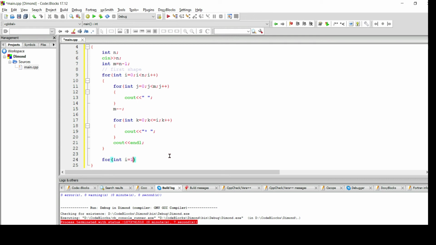I am taking again i less than or equal to n minus 1. I could take m here, but I have already decremented the value of m, so I am taking the n minus 1 constant value here.